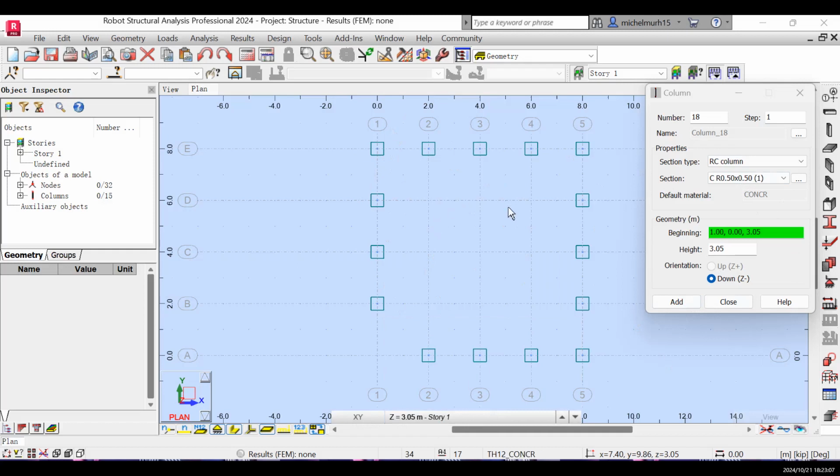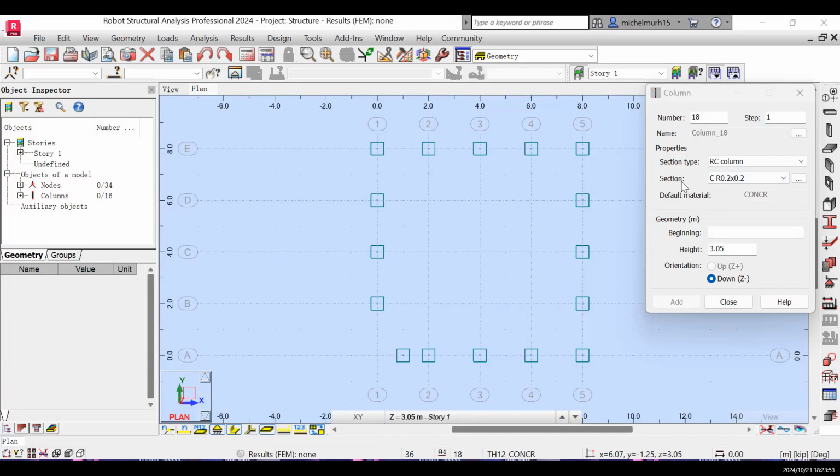So I was talking about the interior columns. So just tap on add here, right? And we can change the section value again, like the same process that I did, but we're gonna decrease the value from 0.5 to 0.2, okay? For the width and also for the height. Okay, as you can see, I just decreased the section, it becomes 0.2 instead of 0.5. Okay, then now I'm gonna click on beginning to start placing my geometry columns, and I'm gonna put them in the middle. I'm gonna occupy all this space here. Okay,